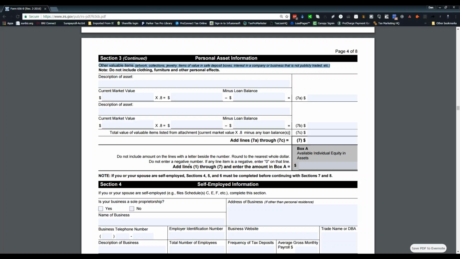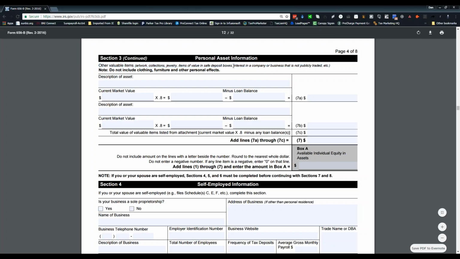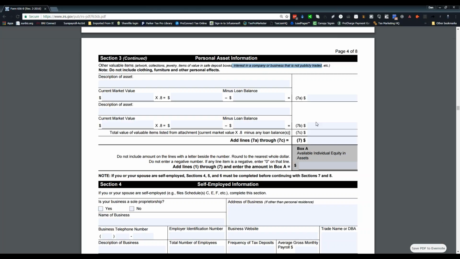Just let them know that, hey, we've got a safe deposit box, but that's all that's in it, that you're not trying to hide the Hope Diamond in there for safekeeping. So make sure that you disclose that, and as well as notice that the last part here is an interest in a company or business that's not publicly traded. So if you got the guy who owns an S corporation, a partnership, you're going to put all of that,